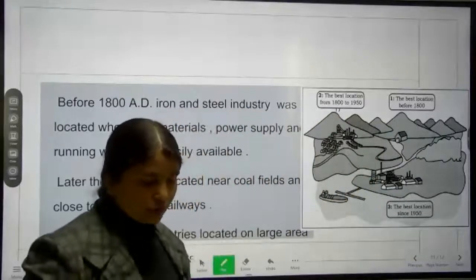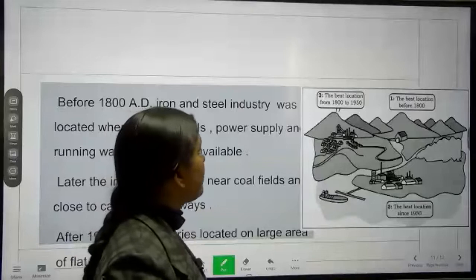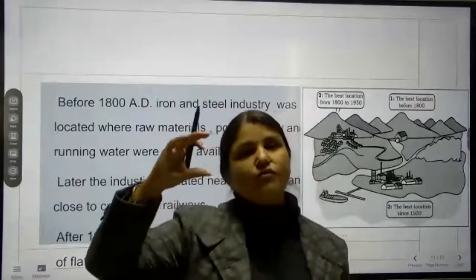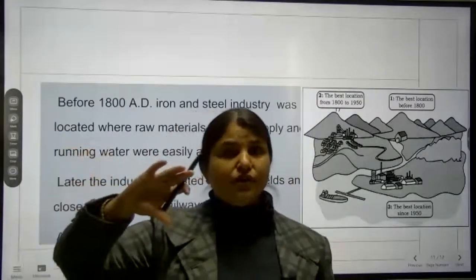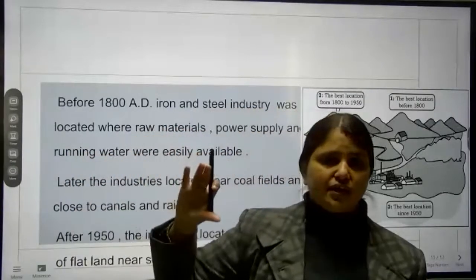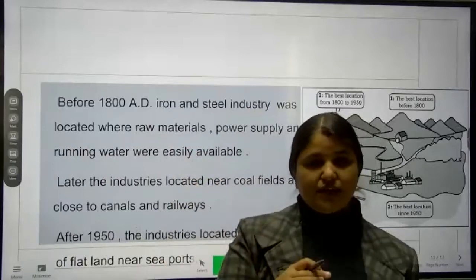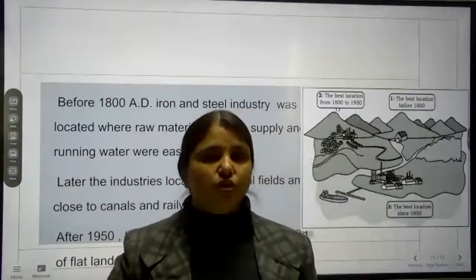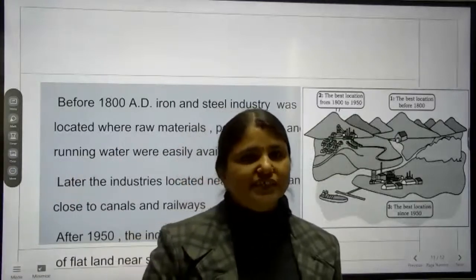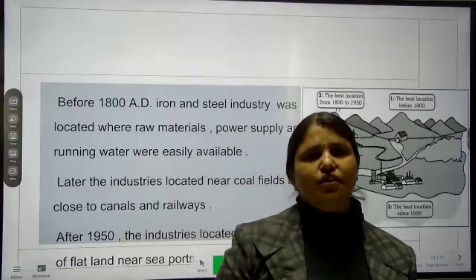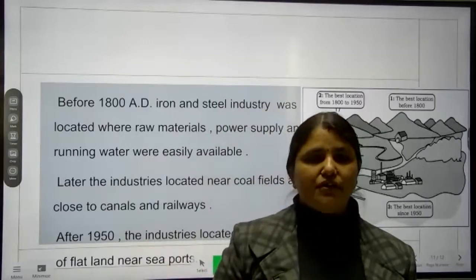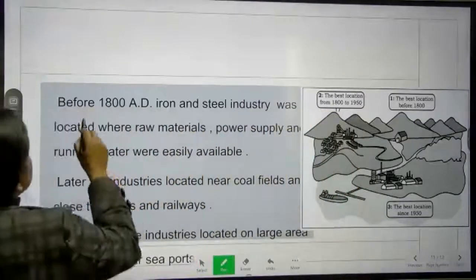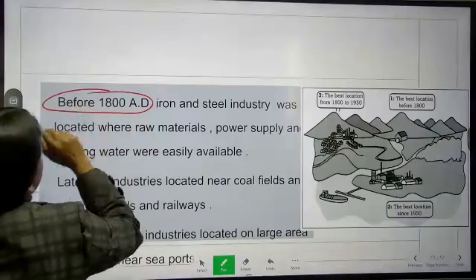Now we will come to our next topic, and in the next topic we will see how, time to time, the thinking of the people changed. Earlier, they were establishing the industries in one area, afterward in any other area. Matlab, as the time passed, they changed the locations of the industries. Okay, how they changed, or whatever things they gave more priority, about that we will see now. So look here, first one, before the 1800 AD.